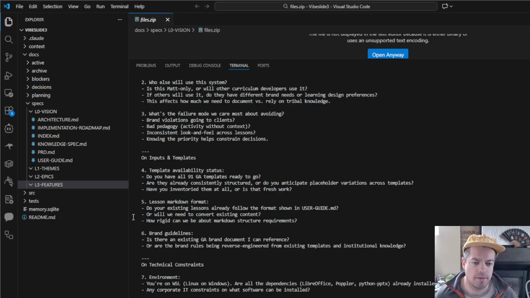Brand guide. I will provide exemplar materials, and we will extract those principles. That's part of the architecture. Tell me if you don't understand that. Environment. We're going to do WSL. We might need to install dependencies. No problem. I'm working on personal computers, so no